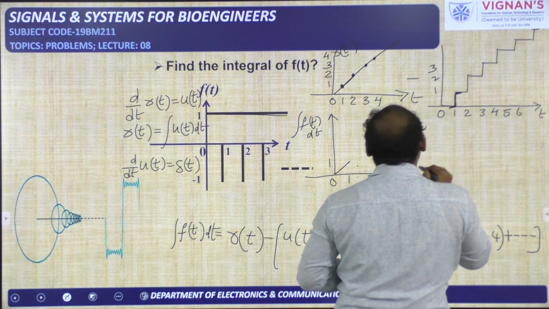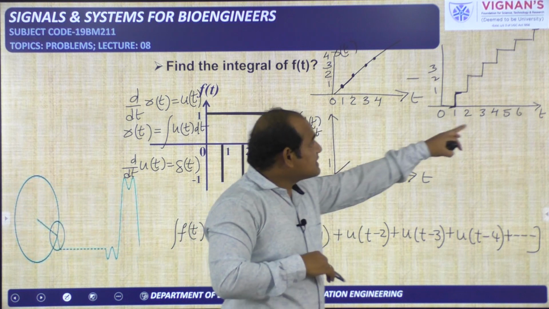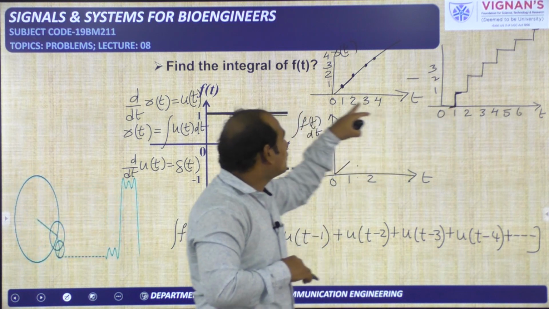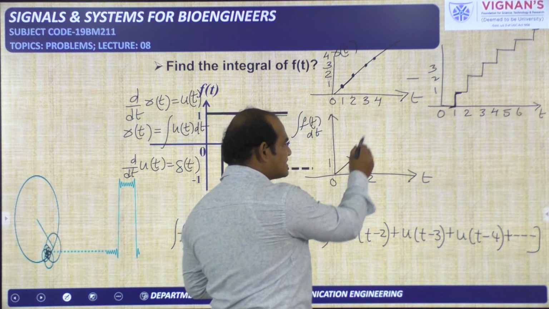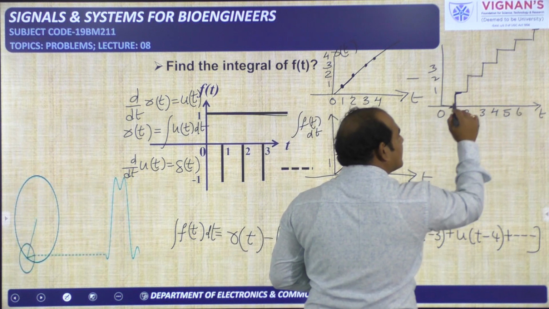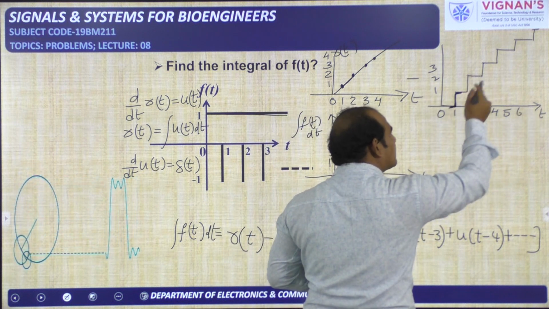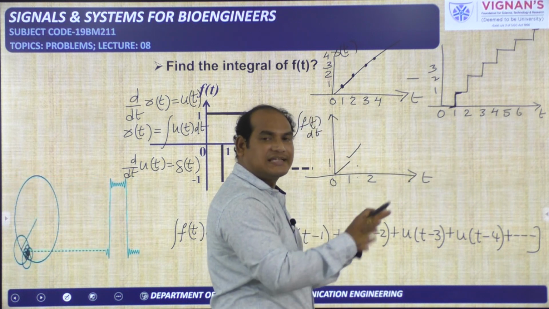If it is 0, amplitude here is 1. Because exactly at t is equal to 0, if it is 0, this is 1. So 1 minus 0 is 1. So this is satisfied. But if it is 1, at t is equal to 1, because it is changing from 0 to 1, I am considering both cases. One is 0 amplitude, one is 1 amplitude. Like that I am taking.